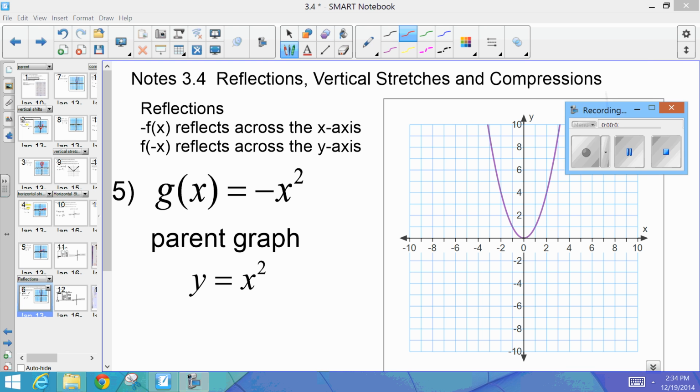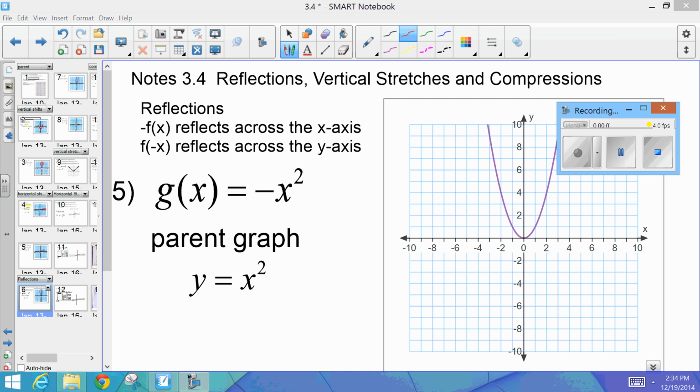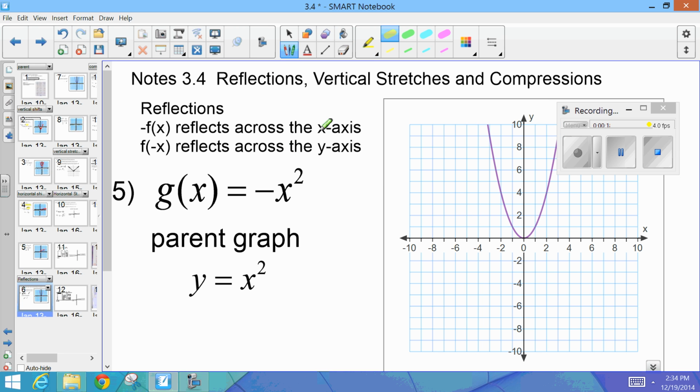This is pre-calc notes on 3.4, reflections, vertical stretches, and compressions. Okay, so for all three of those different types of transformations, reflections, vertical stretches, and compressions, we're all worrying about